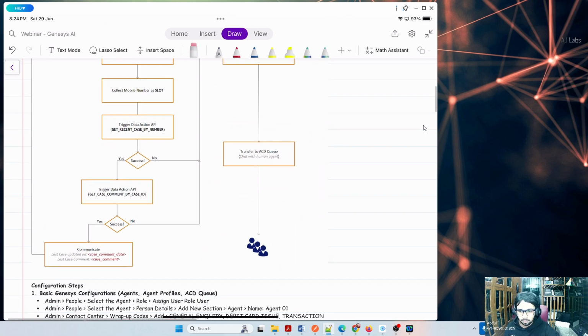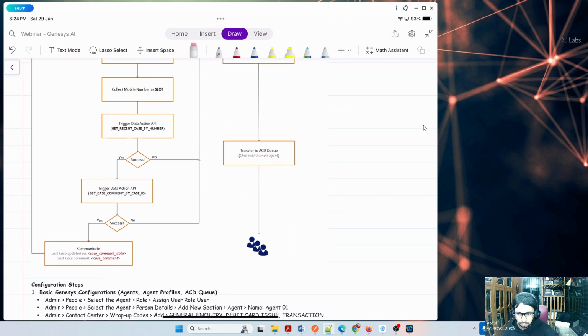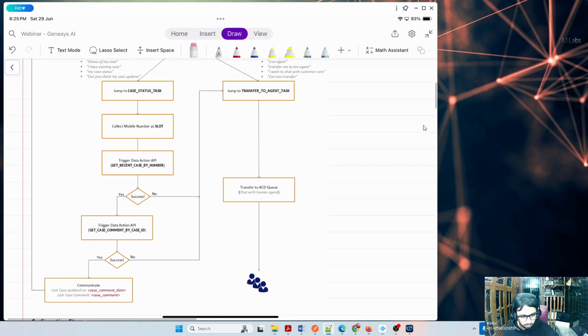Yeah. After the yes and no, you have that flow where it is going to the agent. So can you talk about the part where I heard that the agent can also send some data? They can pull some data via the API, right? So what was that part? Yeah, the last part, that is called agent scripting. Right now, I haven't included that agent scripting here. So when the interaction alerts the user, you can design that page. I will show you, but it is not a part of this webinar. The possibilities are immense. There is no limit because it's an open API platform. As long as you have a logic, you can implement that. I will show you that agent scripting, by the way. You can literally fetch the data and show it in front of the agent.